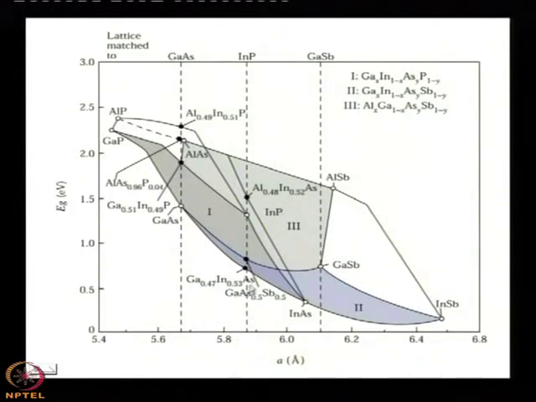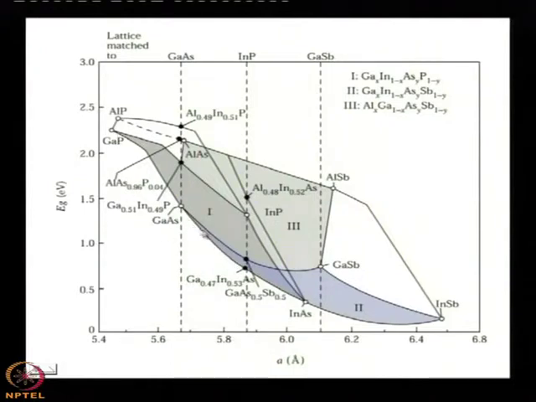Then indium gallium arsenide phosphide must be this thing, otherwise the lattice matching will not be there. At this point the lattice constant of the epitaxial layer will be the same as the substrate. Similarly, at this point it will be the same as the gallium arsenide lattice constant, because you cannot choose any material. If you take this point, here also, you see that it is the position between